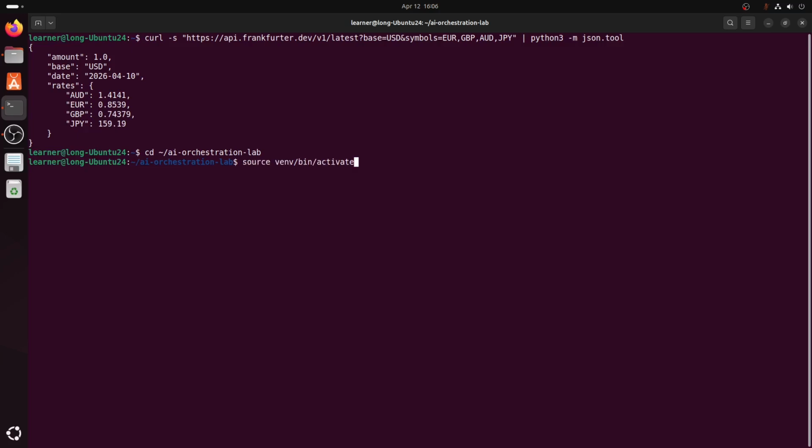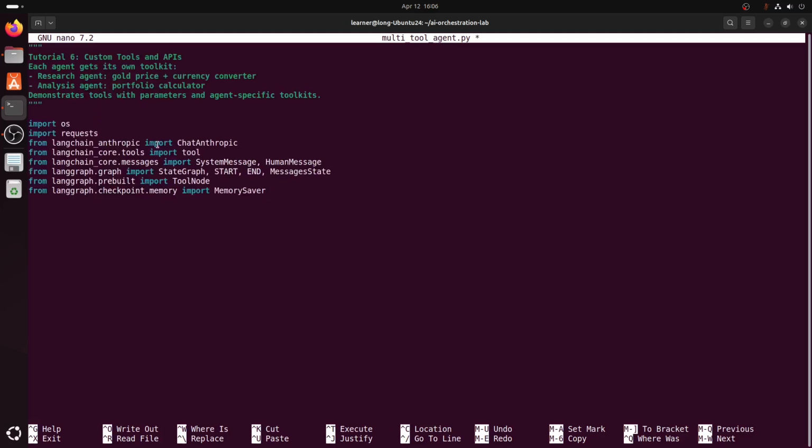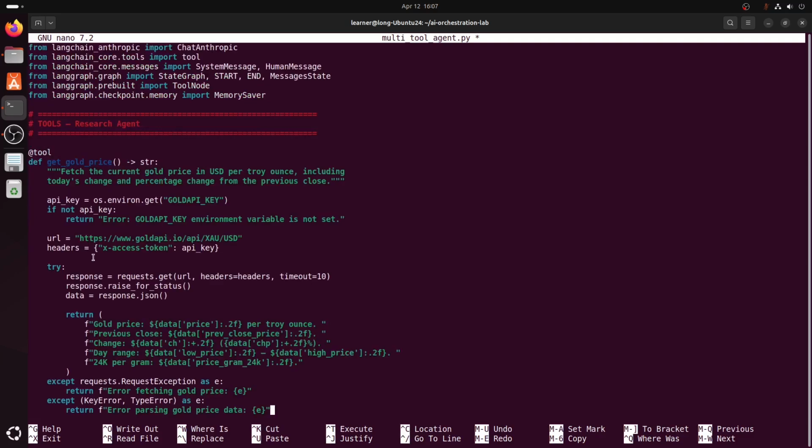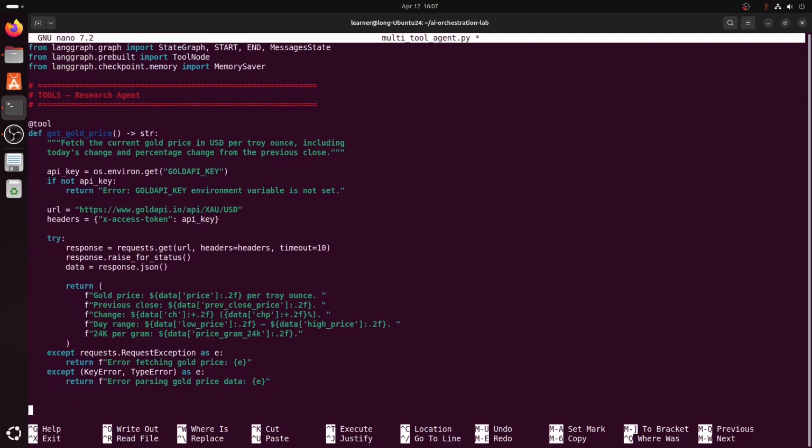Let's write the multi-tool agent system. The imports are the same as Tutorial 5. No new libraries needed. First, the research agent's tools. The gold price fetcher is identical to what we've been using. Nothing changes here. Now the new tool,